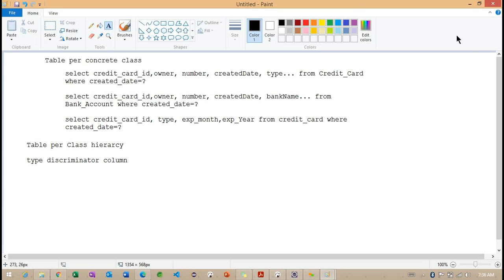But here we are going to have one major problem. Before discussing this major problem, first we need to understand that using this table per class hierarchy, we can work without the complexity of joins. Simply, we can select the data from the database, because all the properties are in the same table. So you are not going to write complex joins or complex unions here.